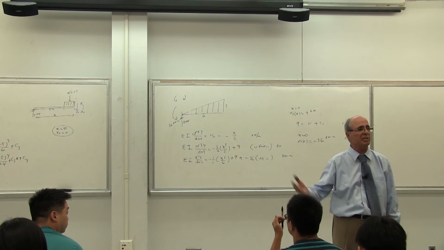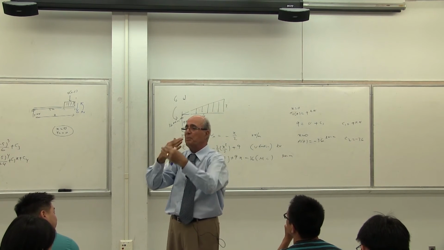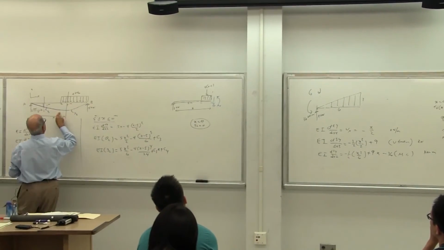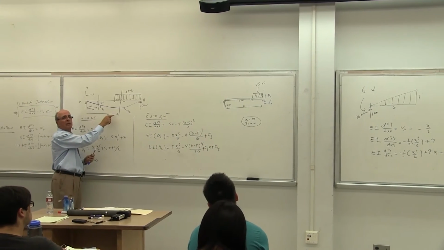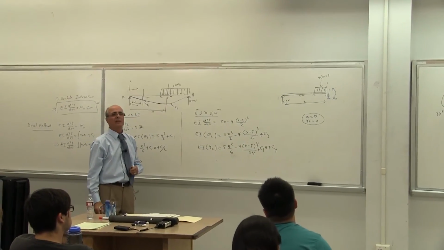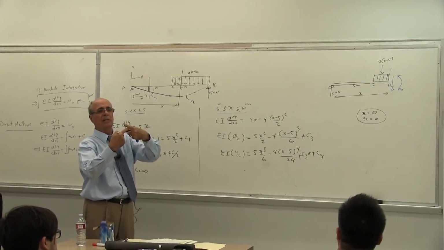Is that correct here? This is the same thing. The beam, if it's like that, is already broken. Yes or no? The beam goes through deformation, but look at that point, they are tangent to each other. Look at the way they do. So at this point, theta is the same because they are tangent to each other. Is that correct? It's not like that. Everybody see what I'm talking about.